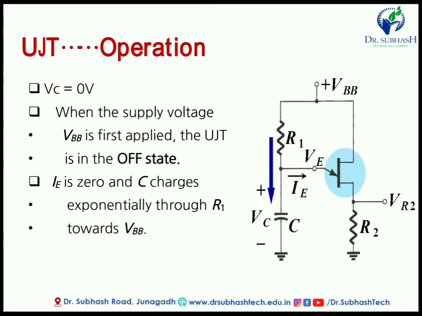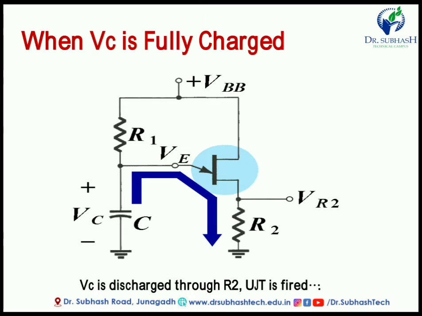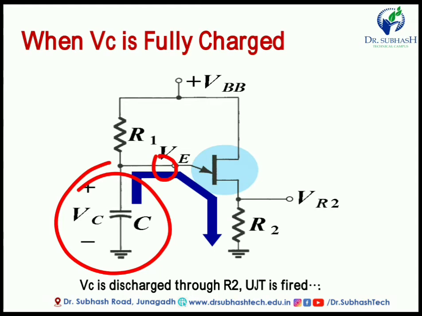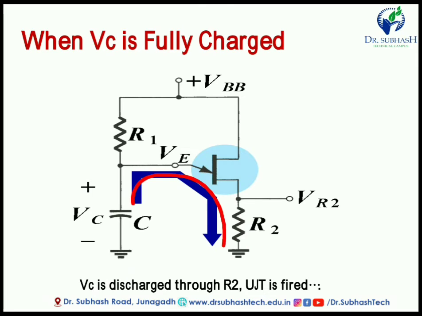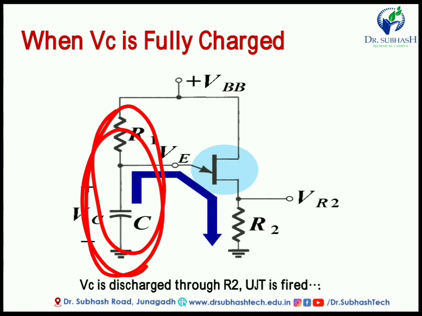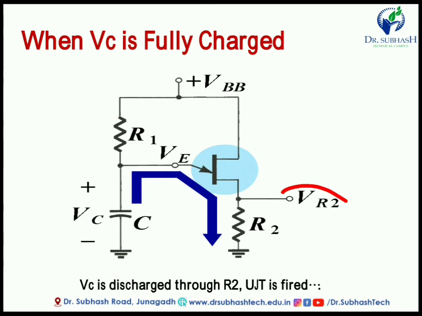Then what happens? Whenever it becomes maximum charged, then it tries to discharge. And the discharging path of this capacitor is through the ammeter, B2 and through ground. So this broader line indicates the discharging path of this capacitor. This charging and discharging is most important, because according to the charging and discharging of this RC, the frequency of this VR2 depends. So you have to remember the charging and discharging path of the circuit.